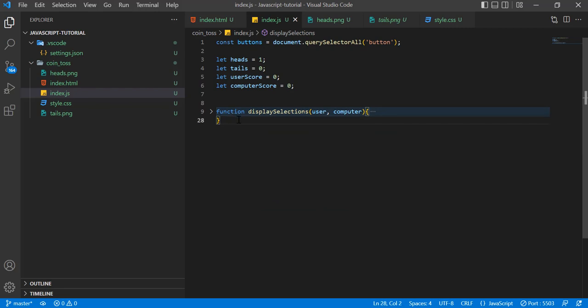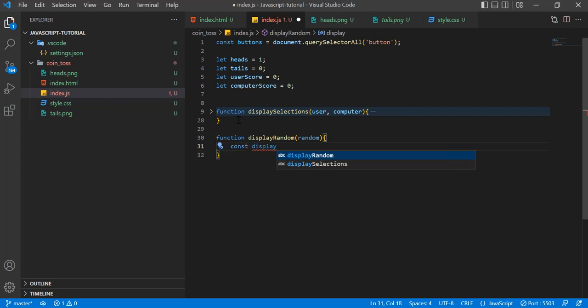Now we'll create a function which we will call display random, and it will take a value called random which we'll be providing later on. Let's define a constant called display result,